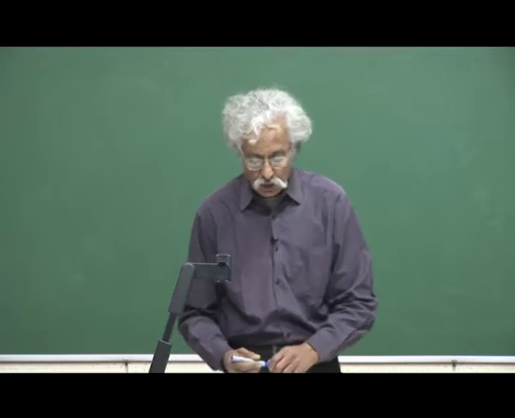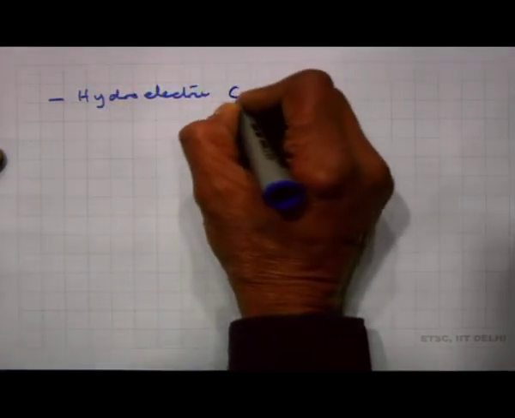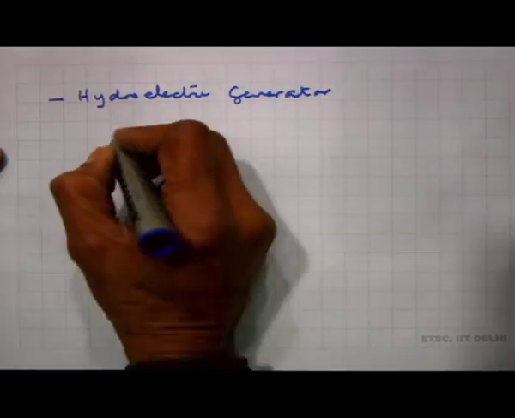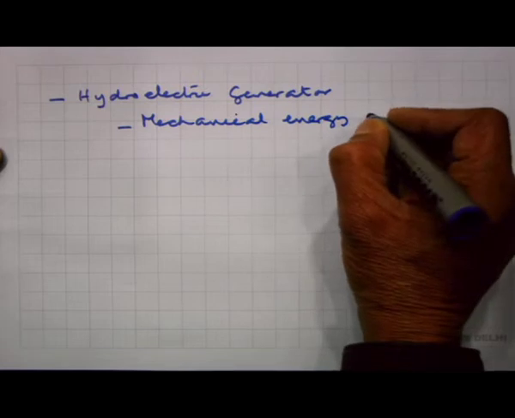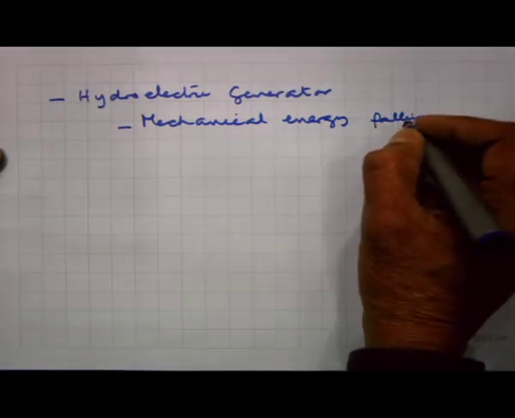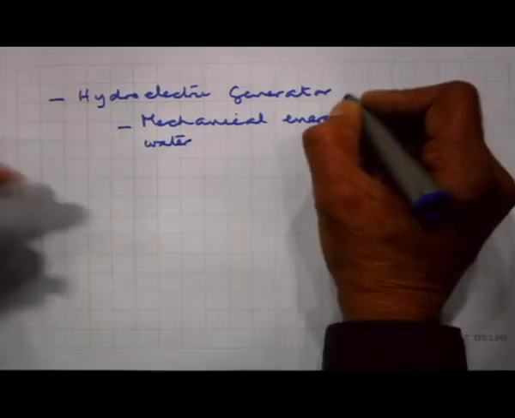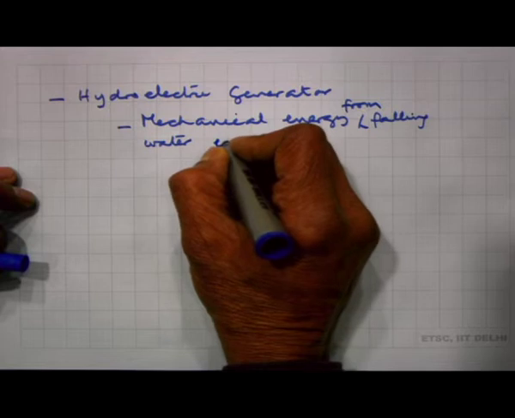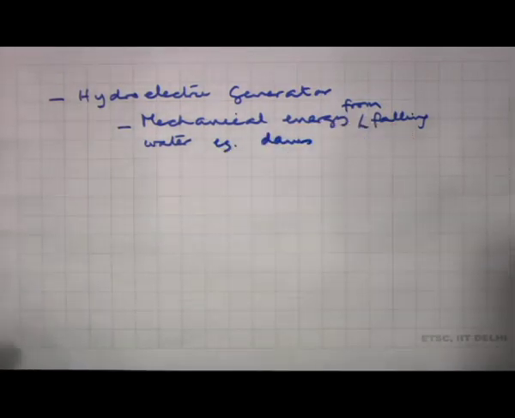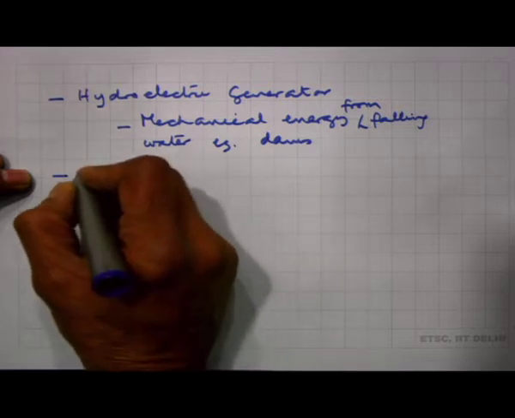So, there are different generators. One is, for example, a hydroelectric generator. Here the mechanical energy from falling water is the mechanical energy that is converted, and this can happen, for example, in dams. Water from a height, when it falls down, generates kinetic energy from the potential energy, and that kinetic energy can be converted to rotation of this coil, and it gets converted to electrical energy. Then you can have thermal generators,